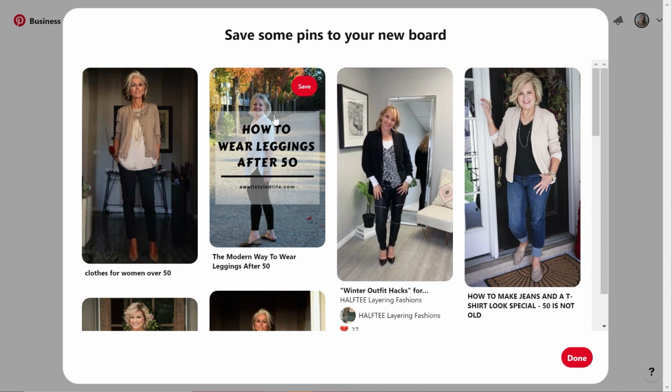So then you're going to come to this screen and it's going to say save some pins to your new board. So it's basically just trying to get you to save pins. I tend to only pin my own stuff unless it's a new board. Occasionally I will pin other people's pins. Pinterest really wants, as a creator, for you to be pinning fresh pins and not repinning others' content. But if it's a new board, like I said, it takes 10 to 20 pins for Pinterest to understand what the board is about. So feel free to pin a couple pins from this section if you'd like, because it's not really going to hurt your account, but Pinterest just prefers that you don't repin content and pin your own.